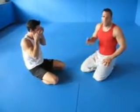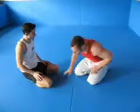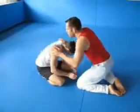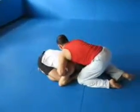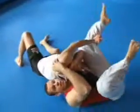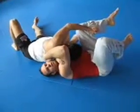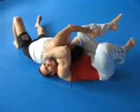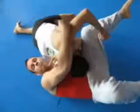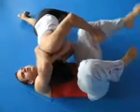But even if he's strong enough, or even if he's quick enough to get a single leg, let's say we are here, and he's going for a single leg. Even if he's standing and I come up here, I can move up and I can choke him. Because now maybe he's turning into me because he wants to stabilize the position. Maybe he can hold a little bit, but